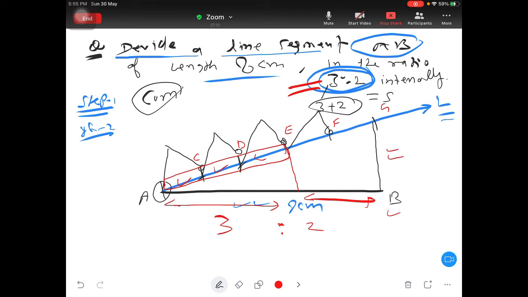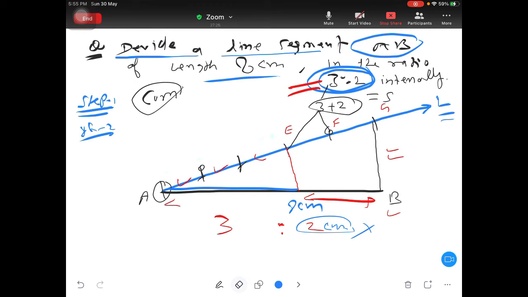Are you clear with this now? See, don't think in this way. This is not 3 centimeter. This is not 2 centimeter. No, don't be confused. We don't know what the length of this is. It is a ratio. It is not 3 centimeter and 2 centimeter. It is the ratio. Imagine if you are thinking that it is centimeter, so 3 centimeter and 2 centimeter, if